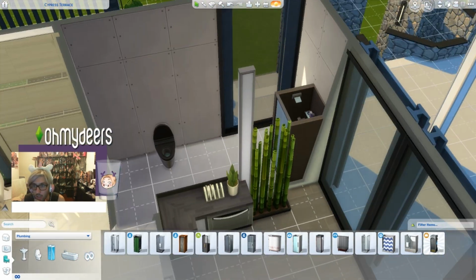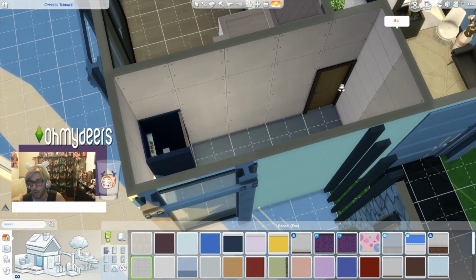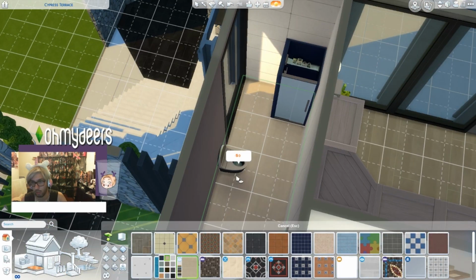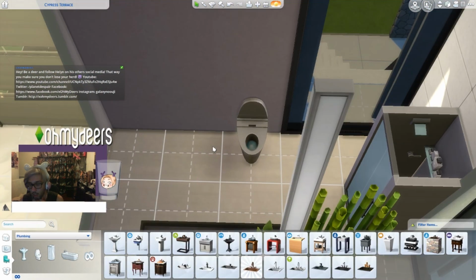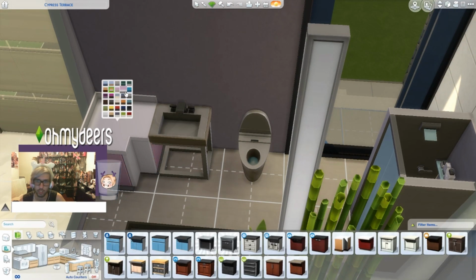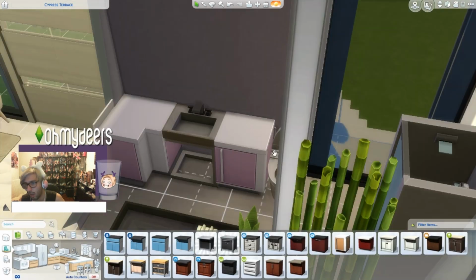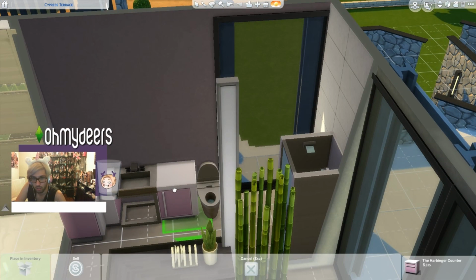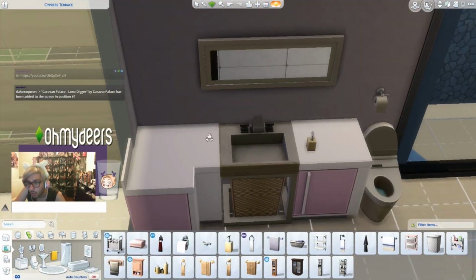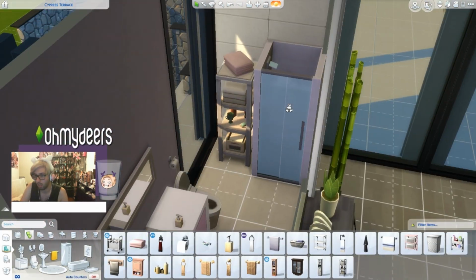So this is the first bathroom on the first floor. I like to think this is probably a guest bathroom. Even though for me it makes sense for guest bathrooms not to have a shower, this was a little bit too big of a room. This room was too big to not put a shower. And I really like that I chose, by the way, pink is my favorite color, some pink accents for this